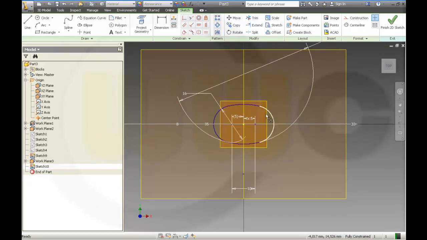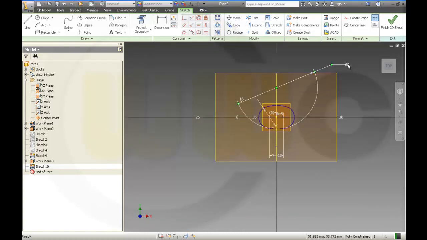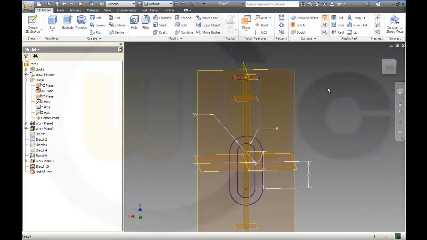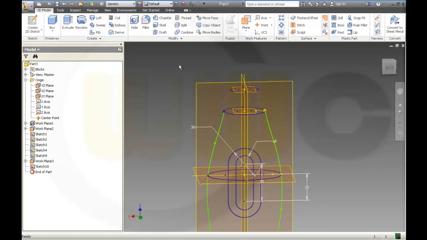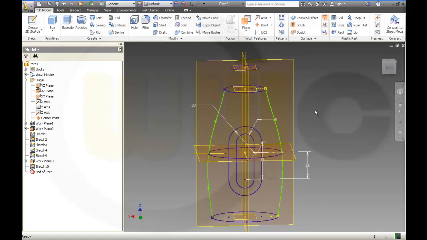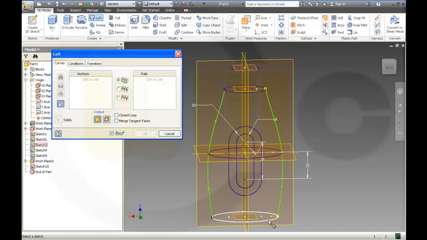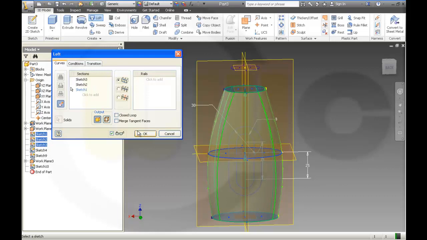16 and this one might be 40. Okay, finish this sketch. Show the other ones. Okay, now I will make first an extrusion. Well, it doesn't matter. First I will do a loft from this sketch to that sketch to that sketch, and I want to have